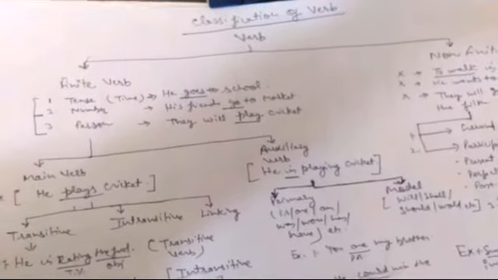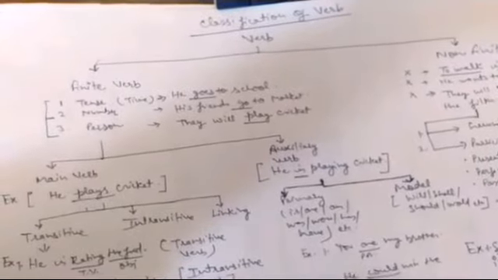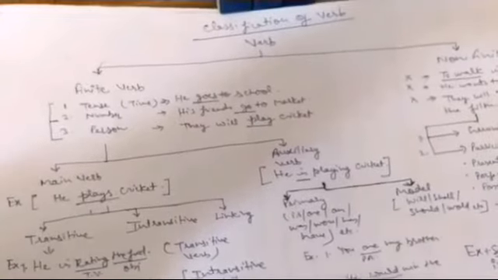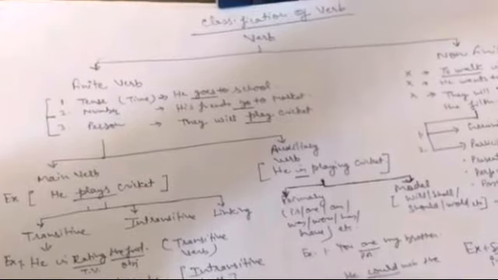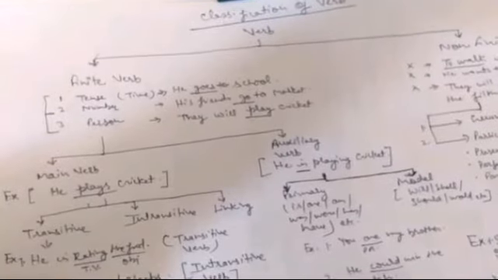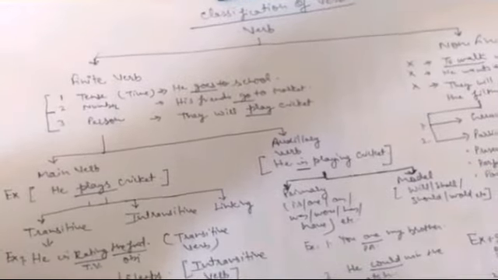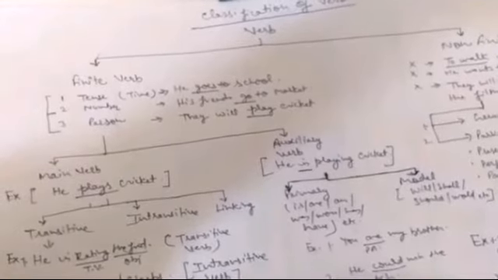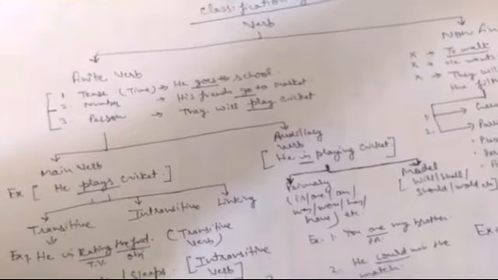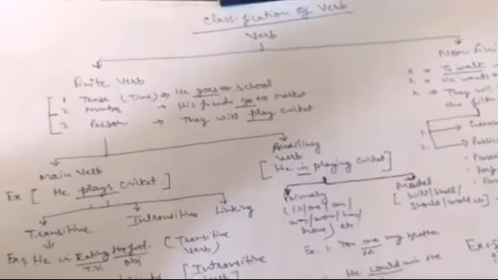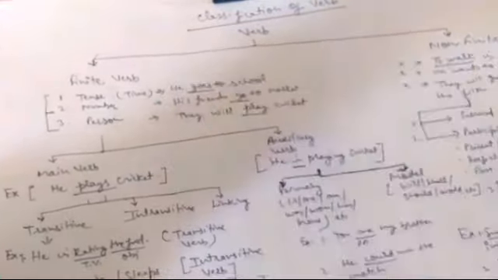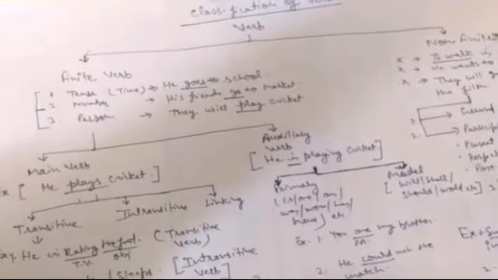After the tenses series, today I start the classification of verb, because in the upcoming chapter I will start the topic auxiliary verbs. So before getting to know about the auxiliary verb, you must know the classification of verb, or the whole process of verb. How can we divide the verb? First of all, verb is divided into two parts. Number one, finite verb, and number two, non-finite verb.